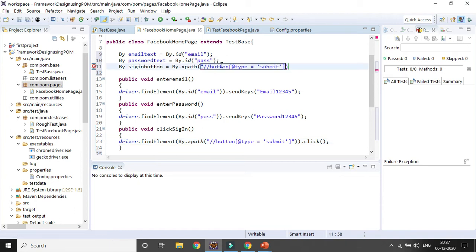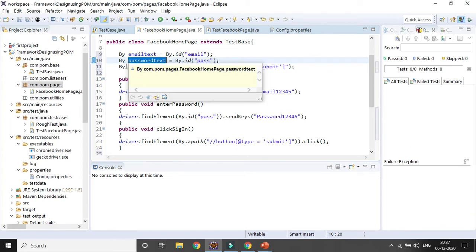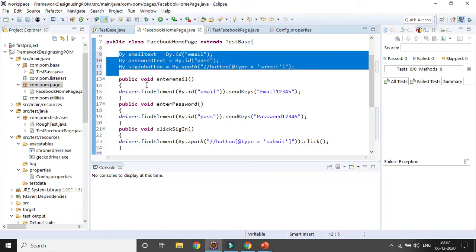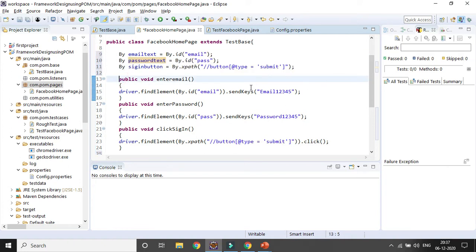So here you can see we already changed everything. In case we need to use the same element multiple times, we will only use the element, emailText or passwordText or signInButton, and in case one field's properties need to be changed, we will only update here, not in the other methods wherever it is being used. Okay. So here I will be creating a method. So public void enterEmail, here I will change By.emailID to emailText. So that's what I will change.